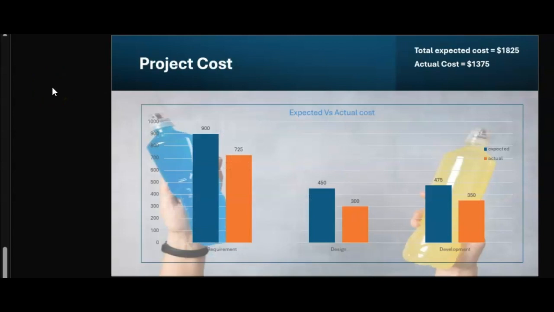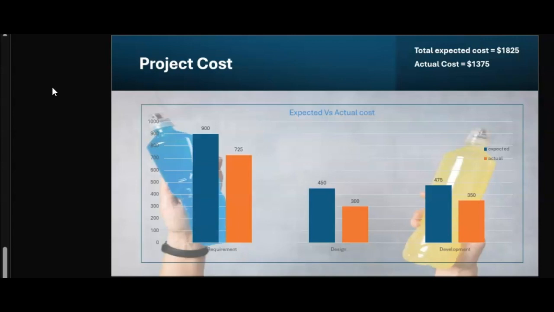In the last slide, I define the project cost, which consists of the total expected cost and the actual cost. The total expected cost is $1,825. The actual cost is $1,375.